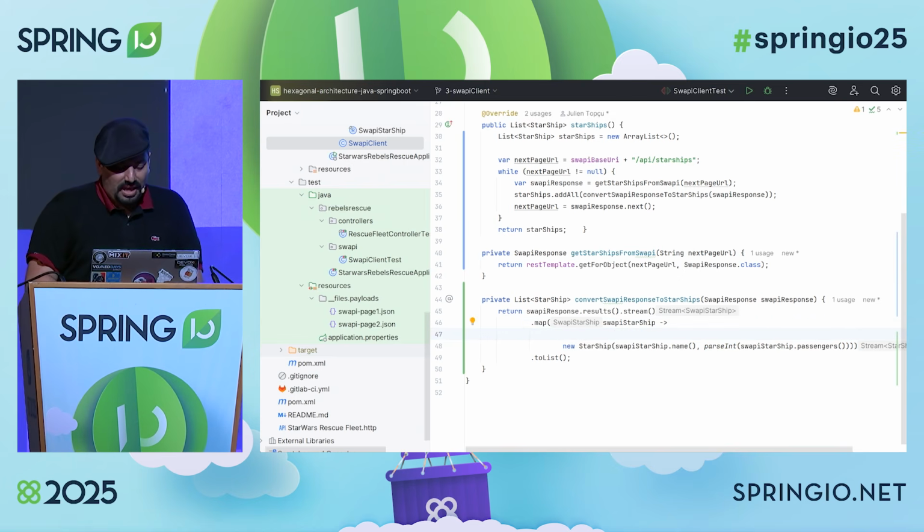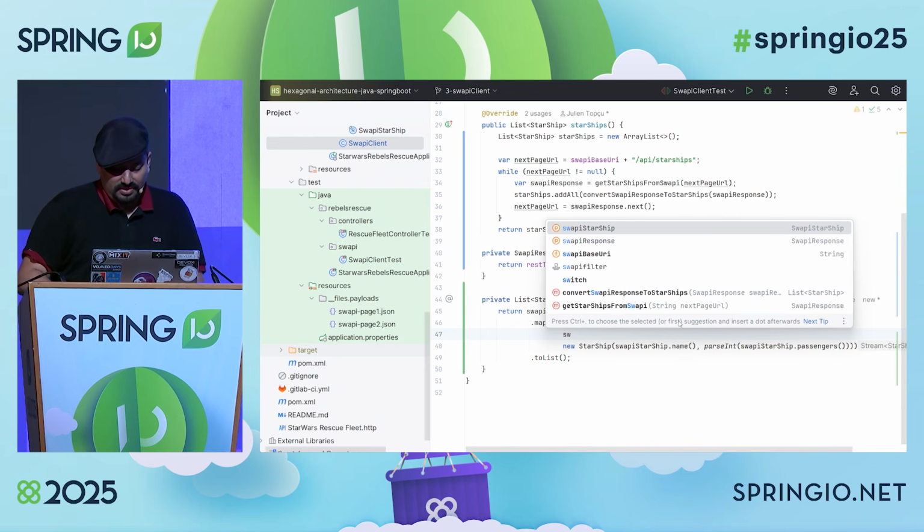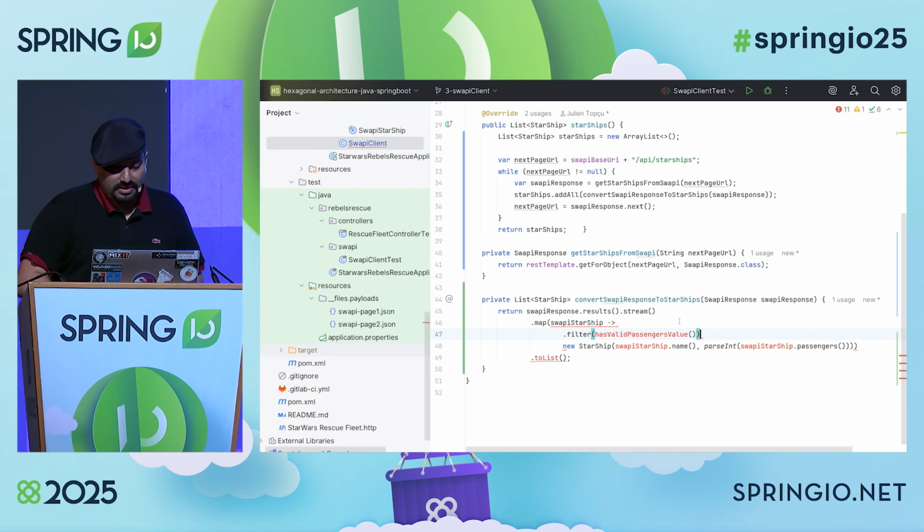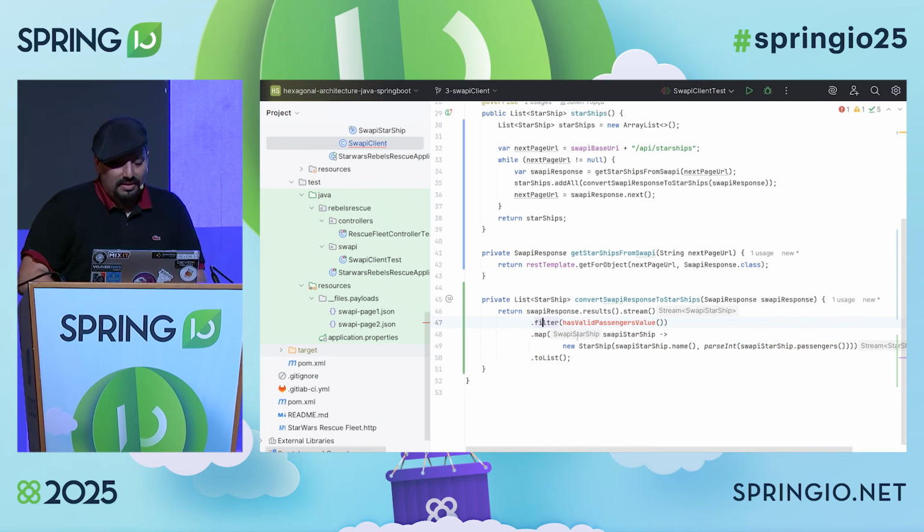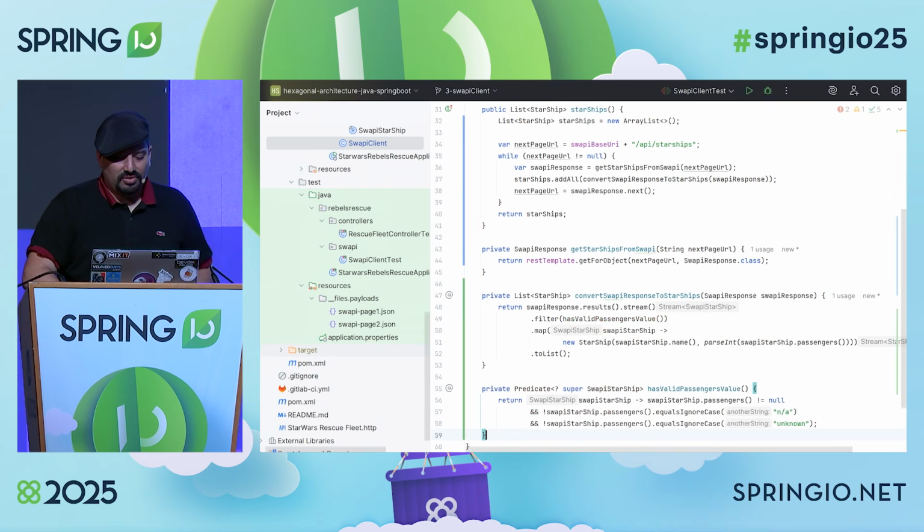So here you simply have to do a filter. Sorry, what did I do? Yes, it's there, sorry. And I think, oh, it's not in the right place. It's there, OK. And that filter will filter out all the Starships that don't have a valid passenger value. What does having a valid passenger value mean?